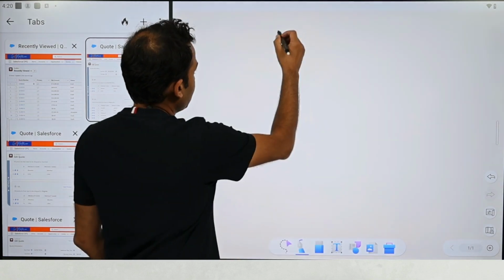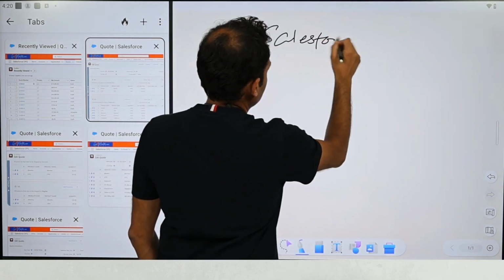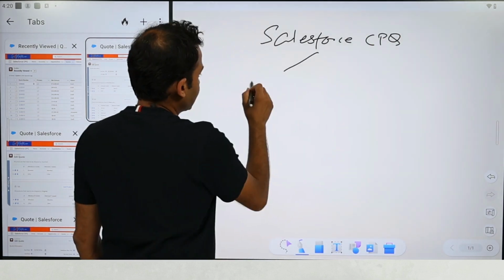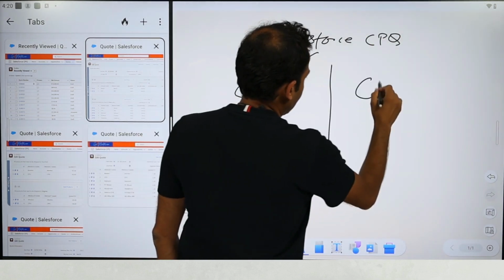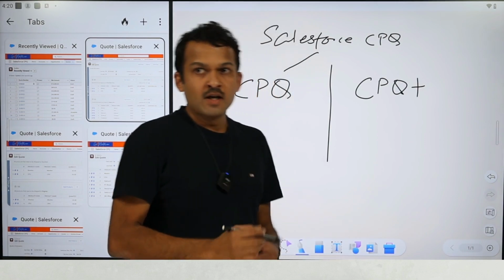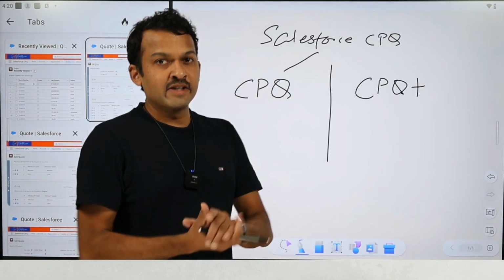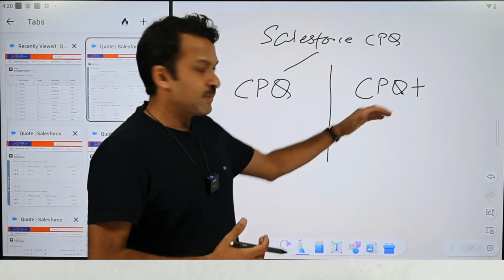So when we talk about implementing Salesforce CPQ, there are basically two license versions available. One is the CPQ, the other one is CPQ Plus. Now there could be a very justifiable reason as to why a business may want to implement CPQ Plus, but